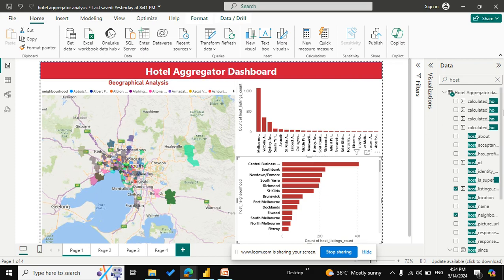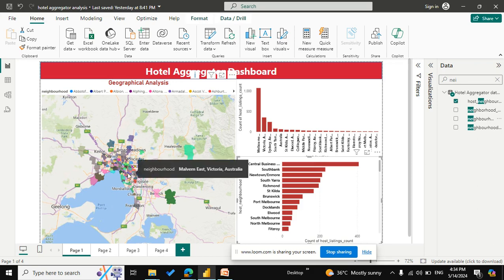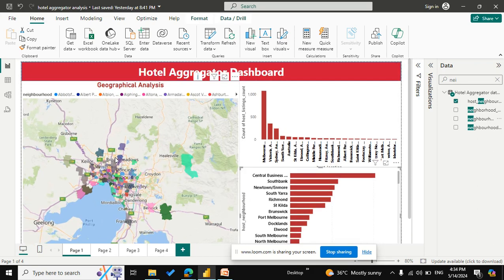The first thing here is to select the neighborhood column from the data set. As you can see here, this is how I selected it. I just dragged the neighborhood onto a map, and this is how it comes out. If you look over here, Melbourne has the highest number of neighborhoods in and around Melbourne.